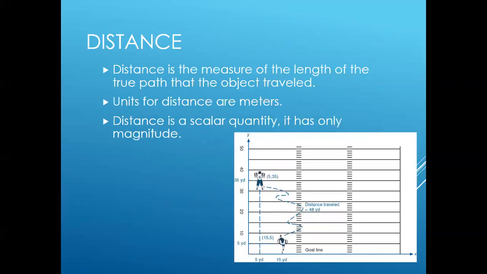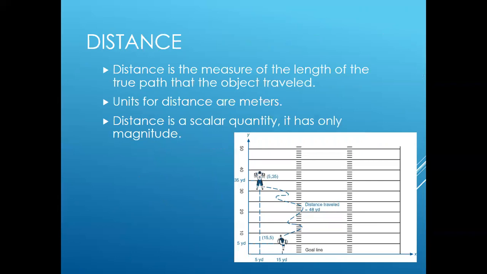So the first concept in terms of a change in position is distance. And distance is the measure of the length of the true path that the object traveled. So not just the straight line distance from one point to another, but the true path followed by the object or the person. We're going to use meters as our units here. And what you need to note is that distance is a scalar quantity. It only has magnitude. Because if you look at the example of this sort of wavy line from where the football player starts to where he stops,